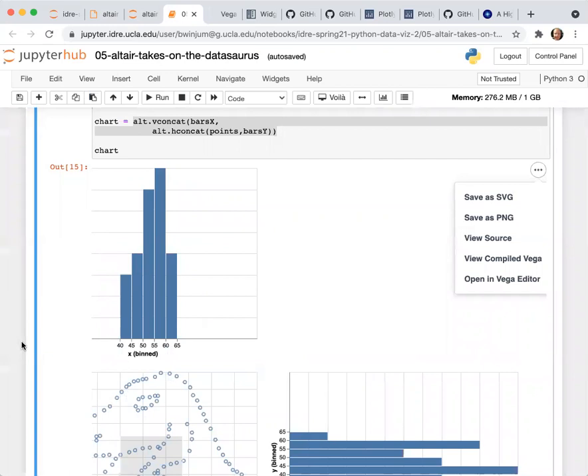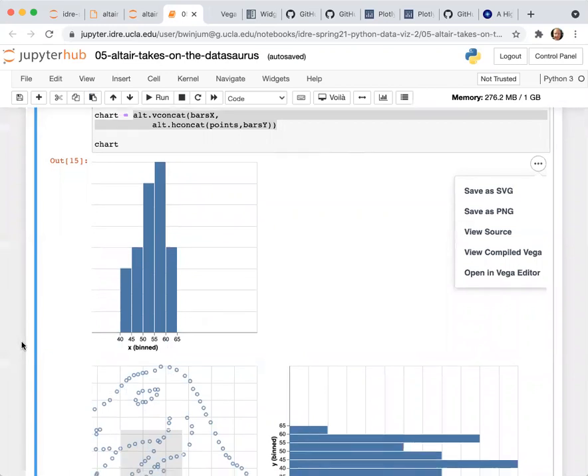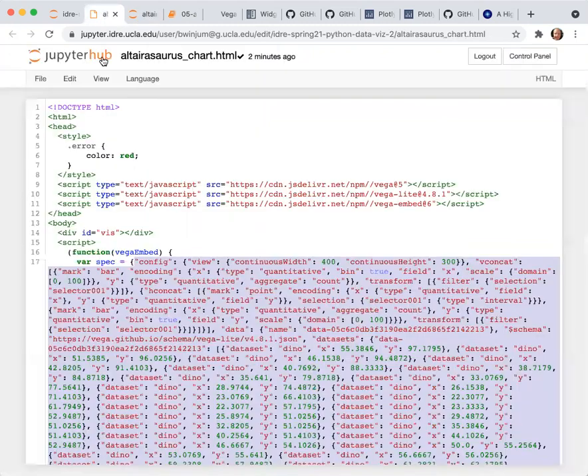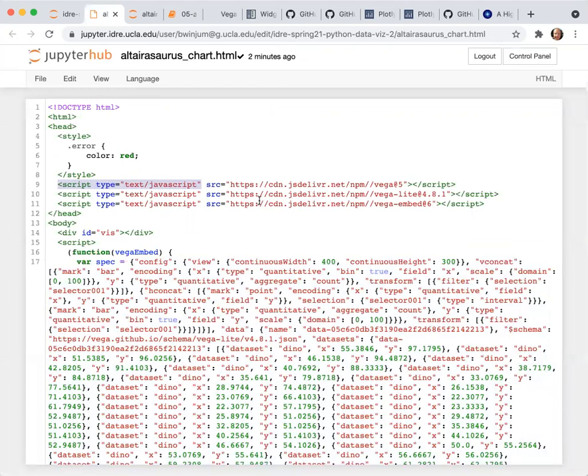And so there's a question: what if you emailed this HTML file to someone, will they have to activate the web server before they could view it? No, because where that gets incorporated in here is where you specify the JavaScripts, which you'd have to have access to online. This is where the Vega and the Vega-Lite are drawn in for it to render what's included here as the Vega JSON file.